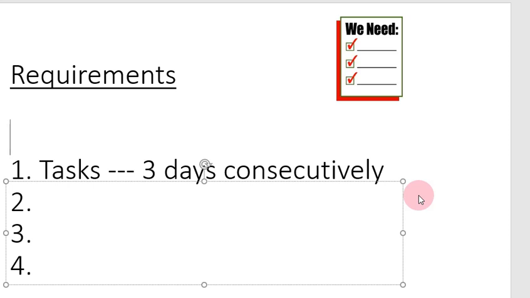It means 3 days next to each other. Like Saturday, Sunday, Monday. Don't skip it. It's 3 days that are next to each other. You must do the task 3 days next to each other that the group is open. Some days the groups are not open, but if the group is not open that day, then the very next day. So 3 days that the groups are open that are next to each other, you must do the task.